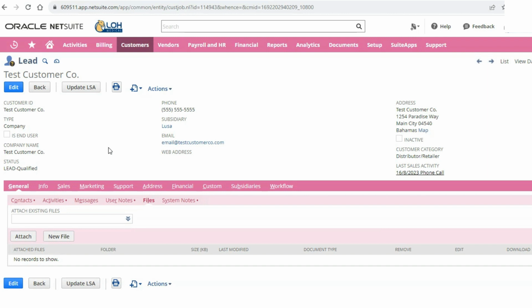You can upload files saved on your computer if you don't have the file in your email, right? So you've downloaded a patient information form or scanned it on your computer, and now you need to upload it to NetSuite. So you're going to go to the File tab and click New File.